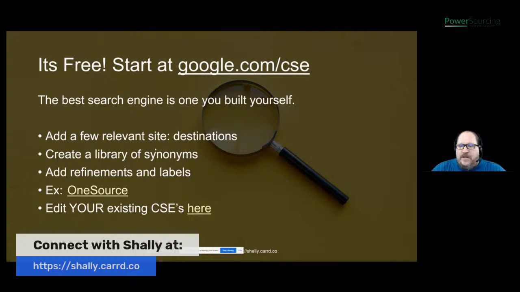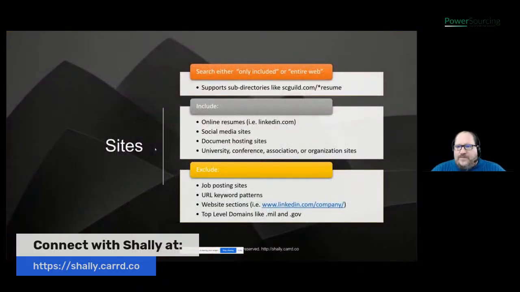Google.com/CSE. Build your own search engine that searches only the websites that you want, or the entire web, but using refinements and criteria that you specify, including your own dictionary of synonyms. You then add websites. You could add websites such as social networks or cloud document websites or online resumes. You can add competitors. You can add associations and conferences, standards bodies, any collection of websites, one at a time